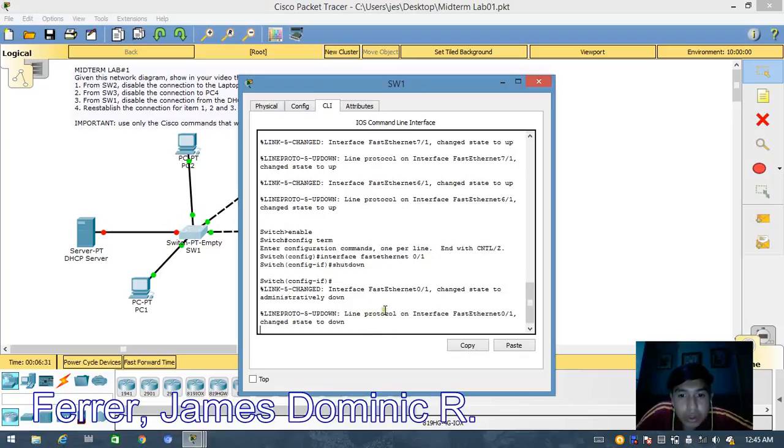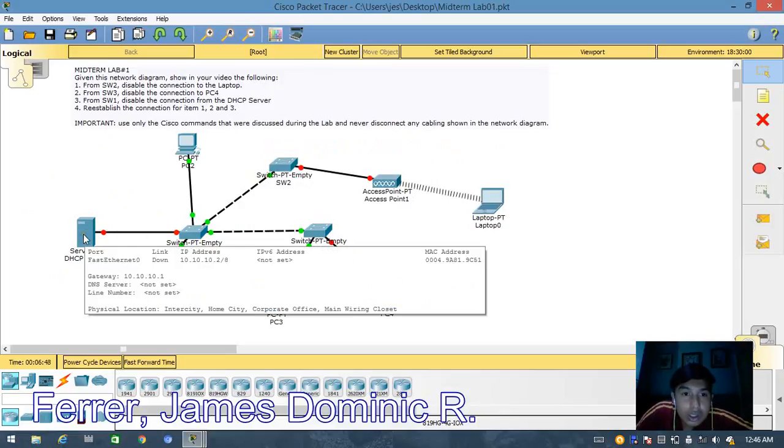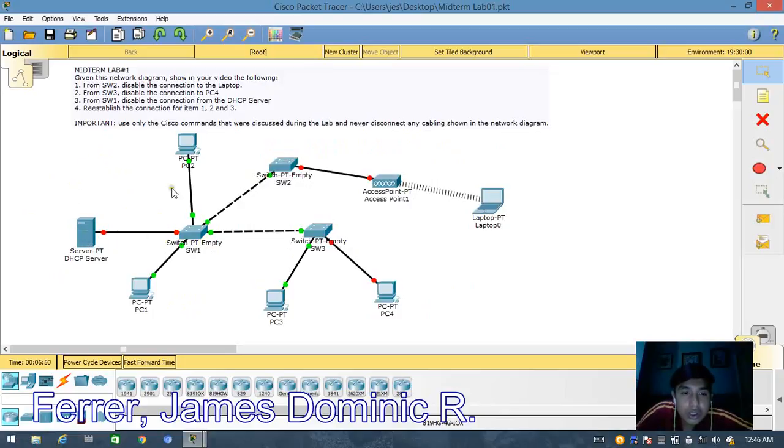Line protocol on the interface fast Ethernet 0/1 changed state to down. So as you can see, the connection of switch 1 to the DHCP server is already disconnected.